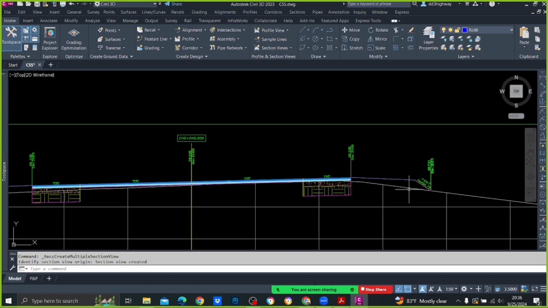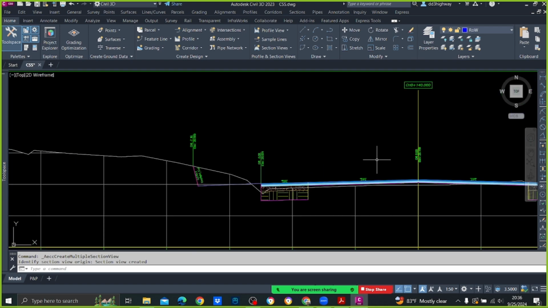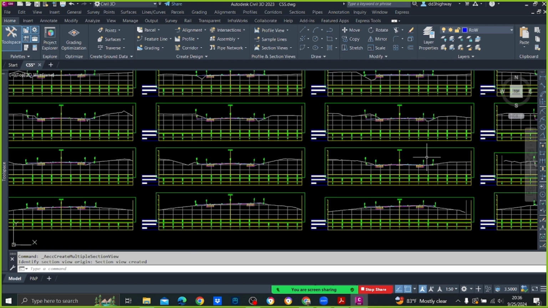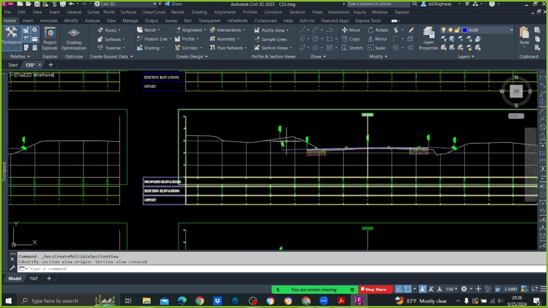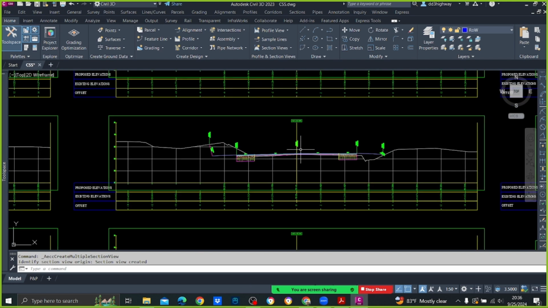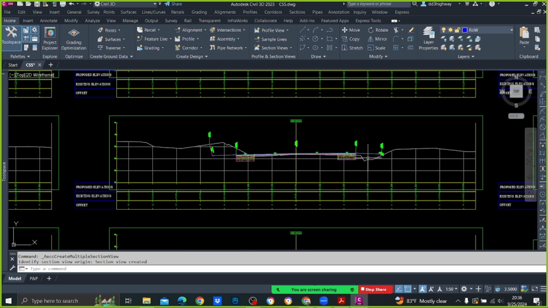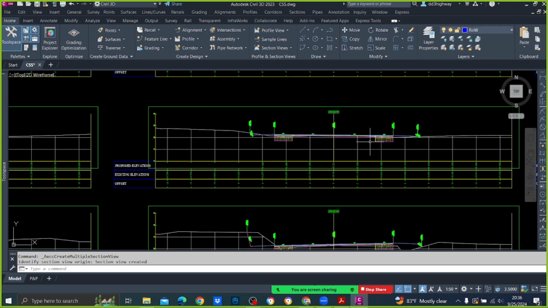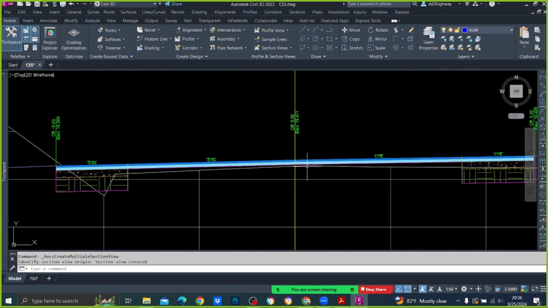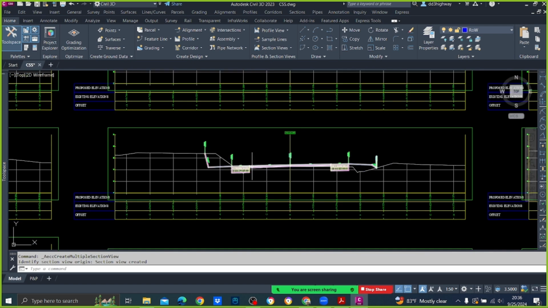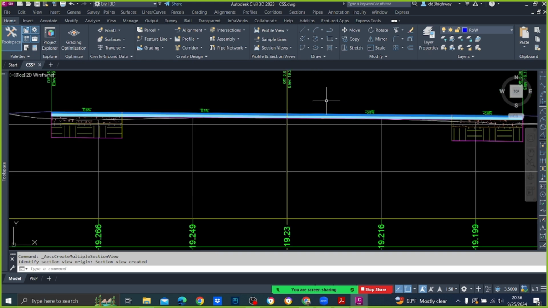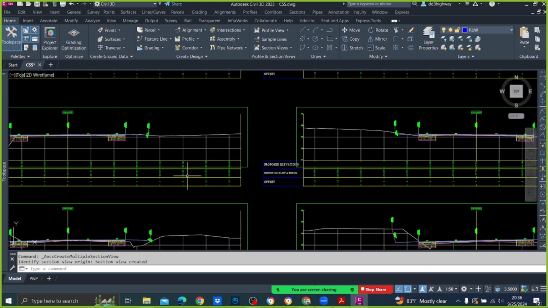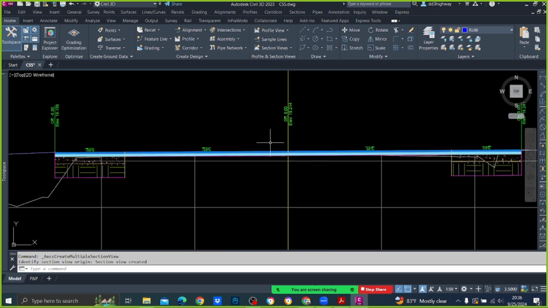Okay, so you can check here. Now there is a cutting also. Okay, and here there is a filling, cutting here, filling here, like that. But you are having some super elevation transition here. Okay,